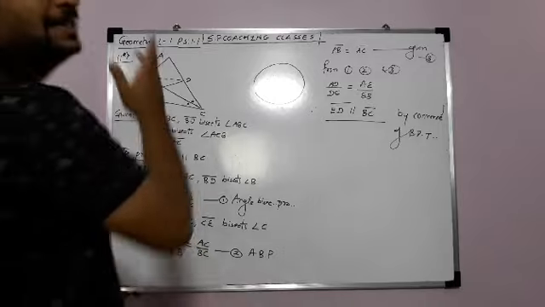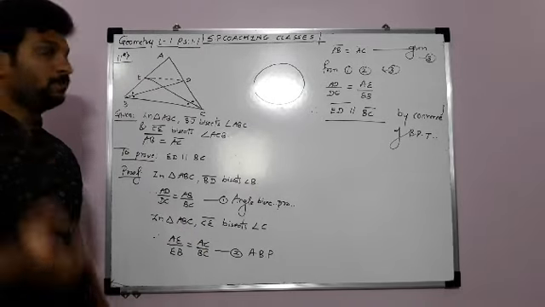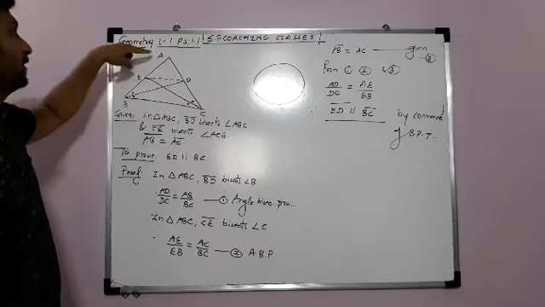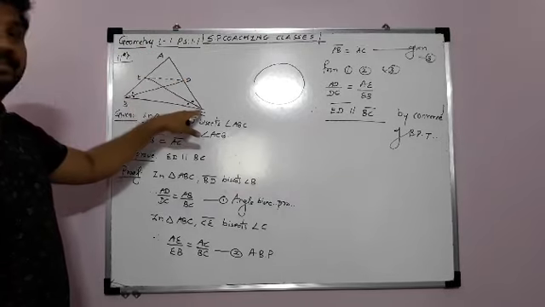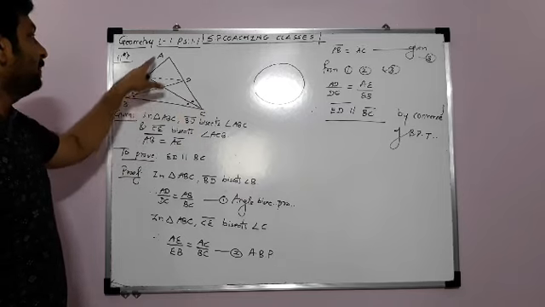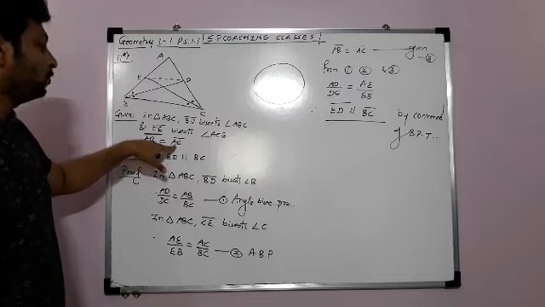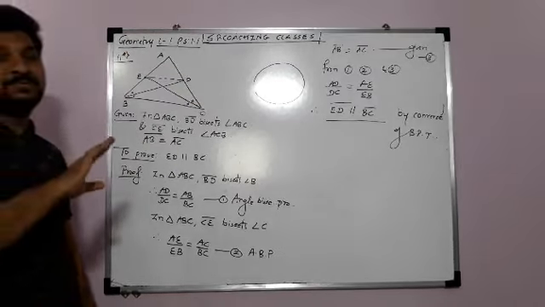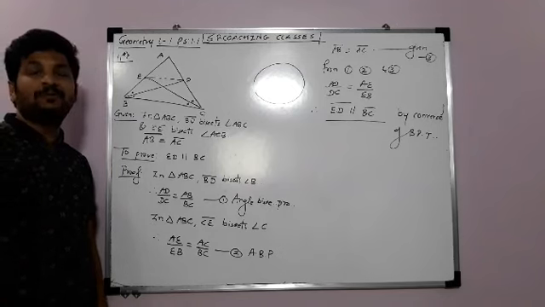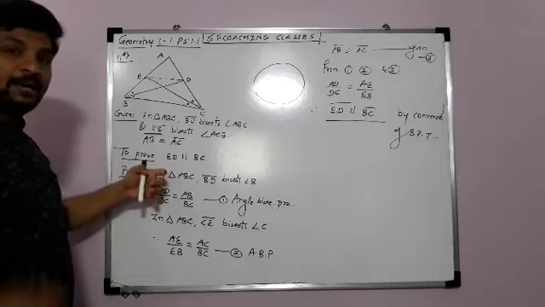Okay guys, now just see the 11th sum. Okay, it's just a word problem. So using that question, we first have to construct the figure. What is given guys? In triangle ABC, BD bisects angle ABC and ray CE bisects angle ACB. And what else is given? AB is congruent to AC, it is given. Guys, the sum is very easy. Simply we have to use the angle bisector property. Okay, see how we will use it now.